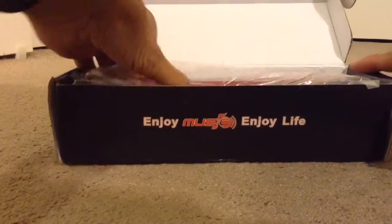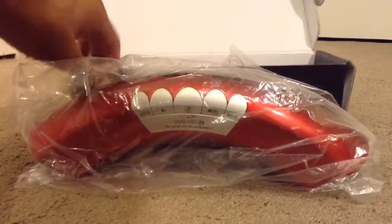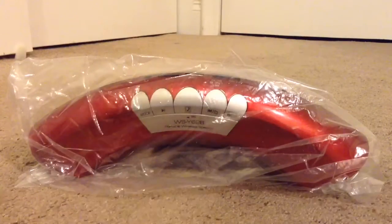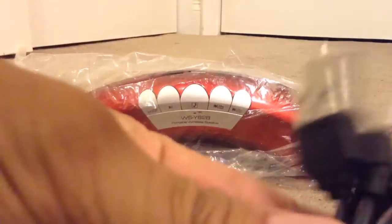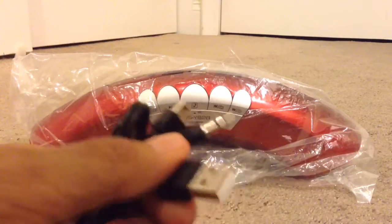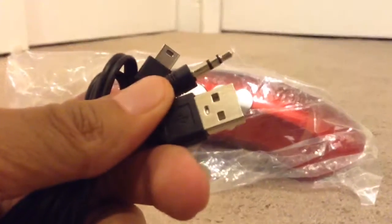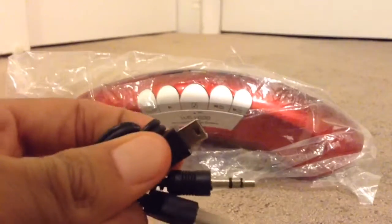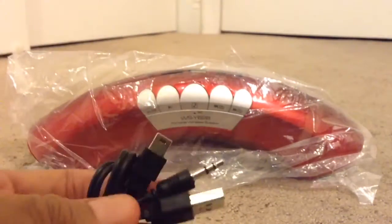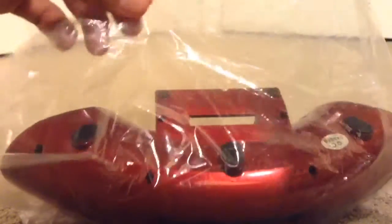Okay. Whoa, check this out. And we got the charger. So this is the USB. This is the plugging in, and this is the plug-in with the charger or something. Yeah. Alright, so I'm gonna open it. And let's